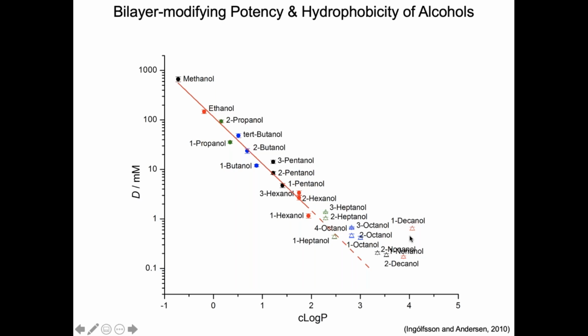If we increase the chain length beyond 6, however, then we see that the bilayer-modifying potency per molecule becomes less,